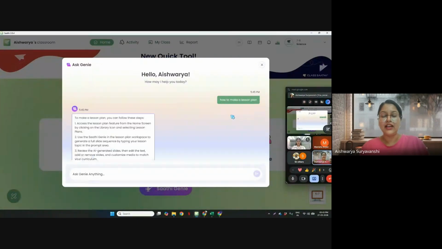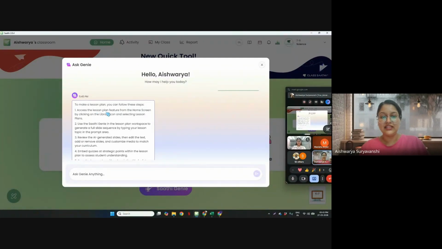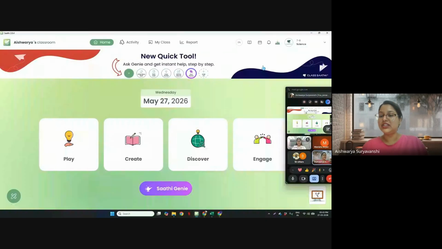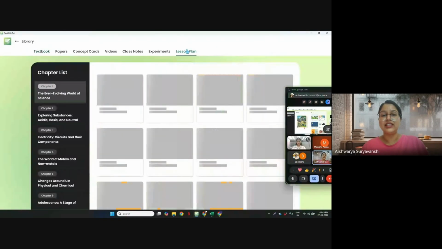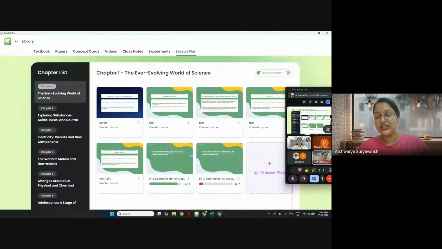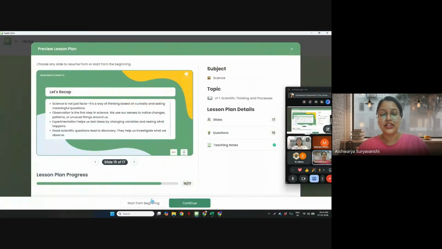So it will tell me how to make a lesson plan. So these are the steps. I am at the home screen. I need to go to the library option, and from there I can create. And the reason why I was mentioning lesson plan earlier is because under the library option where you have the lesson plan, you can make the most out of it for all the subjects. So as a teacher, if you feel that you want a structural flow to your explanation, you can follow the lesson plan over here. I have already shown the lesson plan in a couple of webinars, but I'll also show it today again for our new joiners.